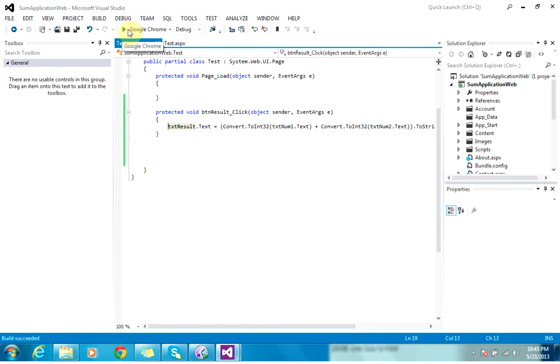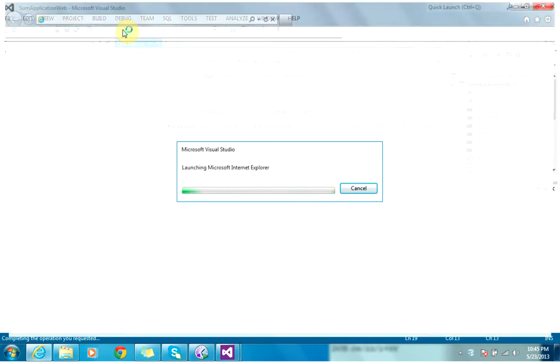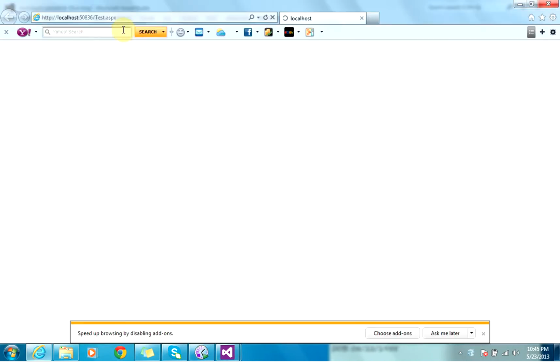Now you run it in Visual Studio 2012. You have a feature where you can select whether Google Chrome or Internet Explorer. I wanted to go with Internet Explorer this time, so I just run my application and let's see how this will work.